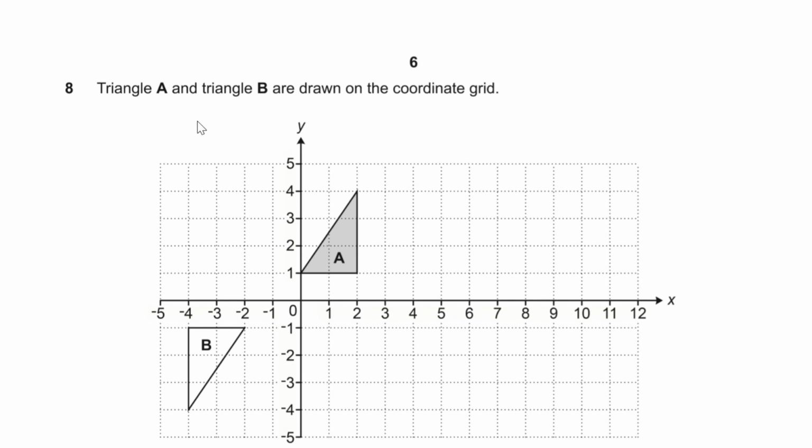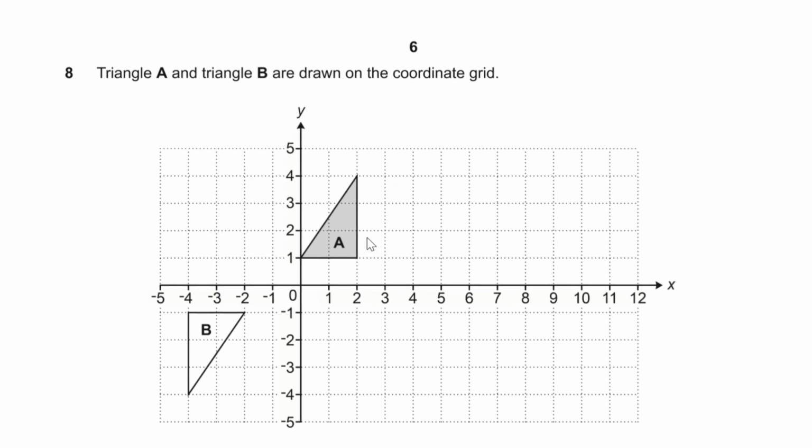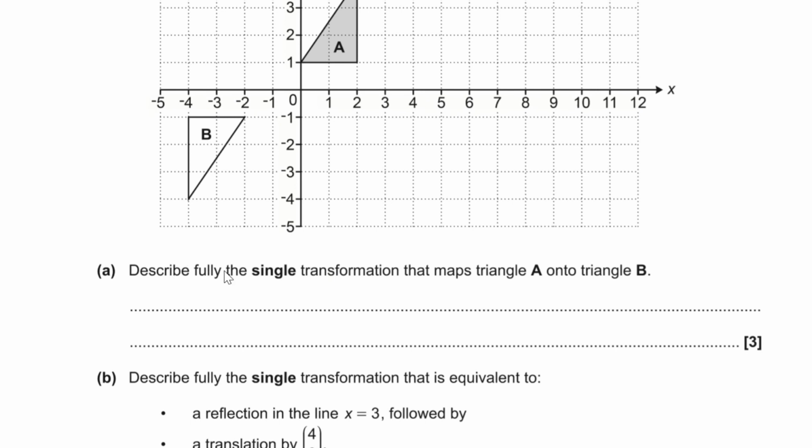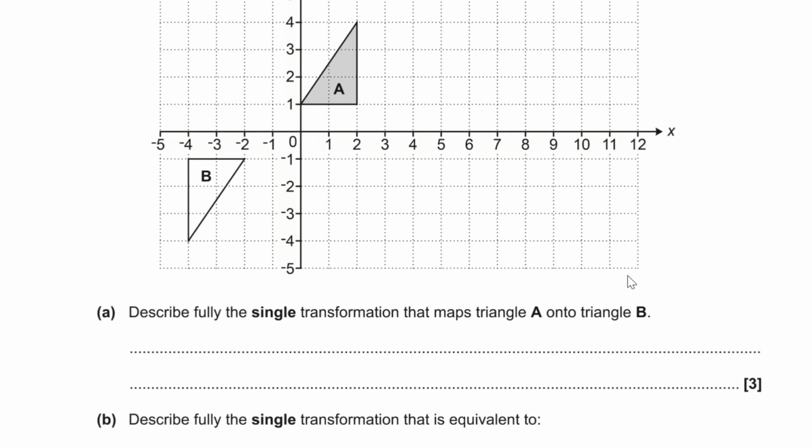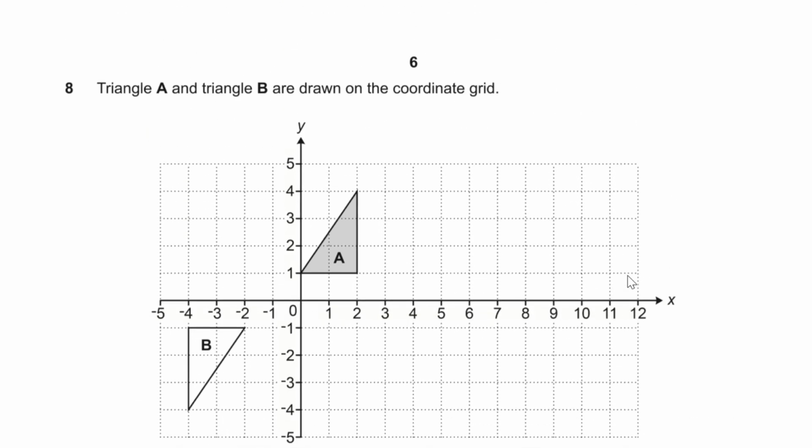Question number 8. Triangle A and triangle B are drawn on the grid, that's what we see here. And for part A, we have to describe fully the single transformation that maps triangle A onto triangle B. Well, if we match up the corresponding points together, for example this and this, and this and this, and then this and this,